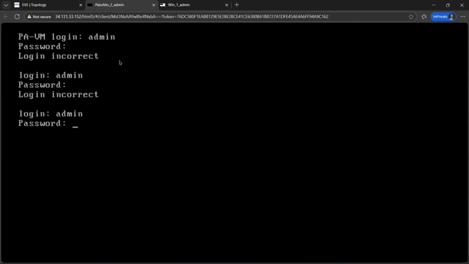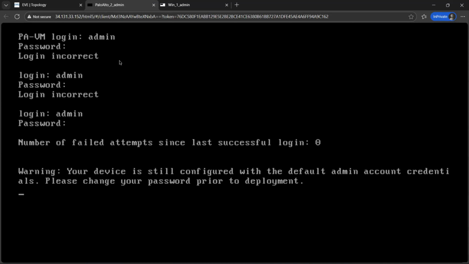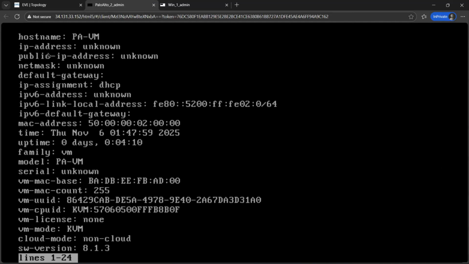Once the system is ready, you can log into the CLI using the default credentials, username admin and password admin. In the latest versions of Palo Alto Firewall, when you first log in with the default credentials, the system automatically prompts you to set a new, secure password.